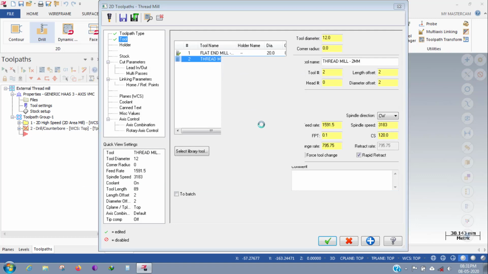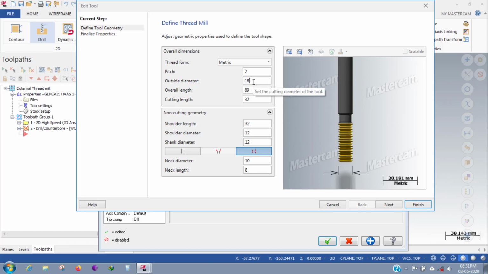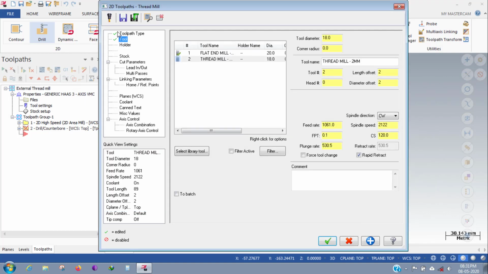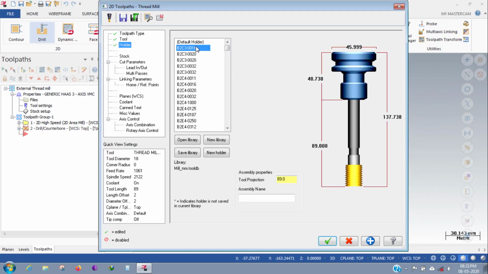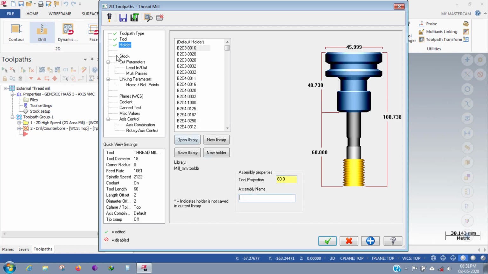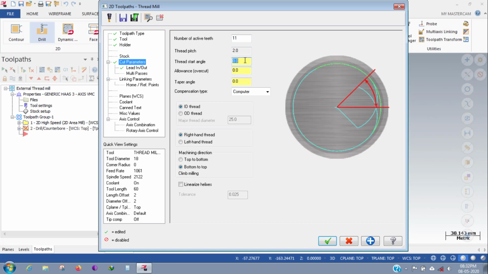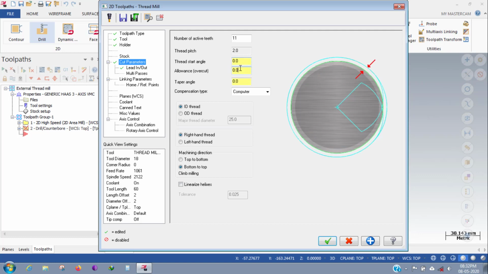Edit the tool, just giving 18, just 22. Holder, 6G stock, and now the active teeth will be selected automatically, calculated by Mastercam, and I don't want the threading start angles.